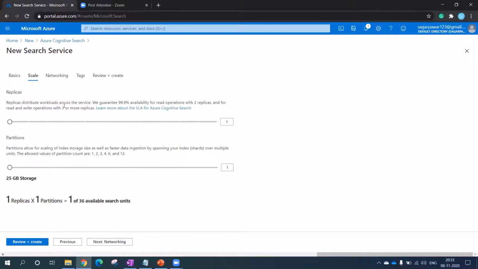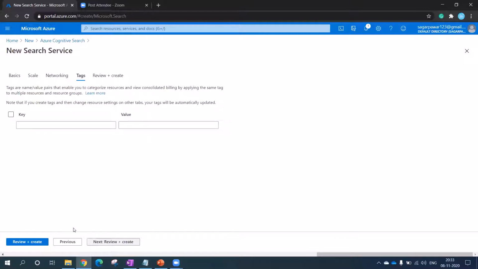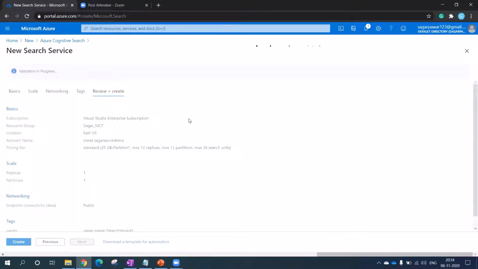I will not change anything because I don't want to go for a higher limit, so I can just keep the existing one as default. I will not change the tags anywhere, I can just put the owner name here. Then let me click on create. So I'm going with one replica and one partition.